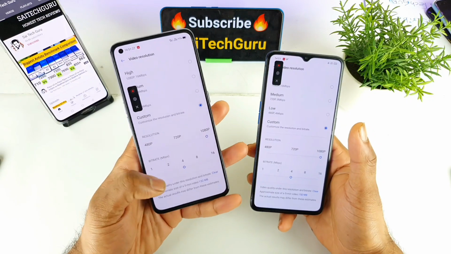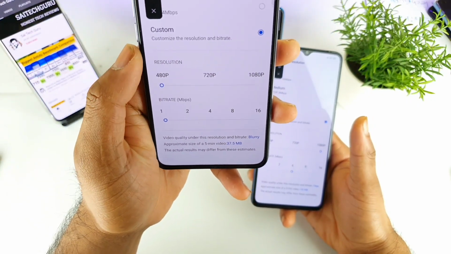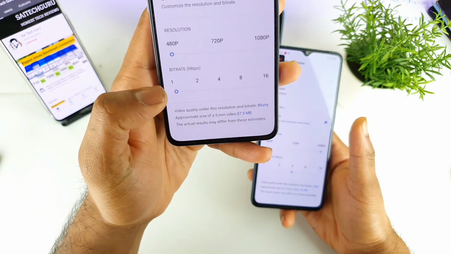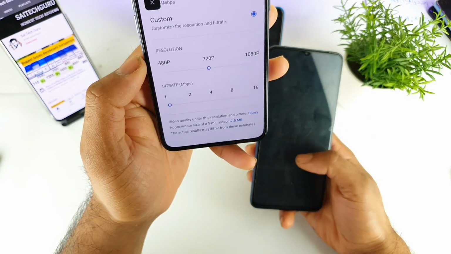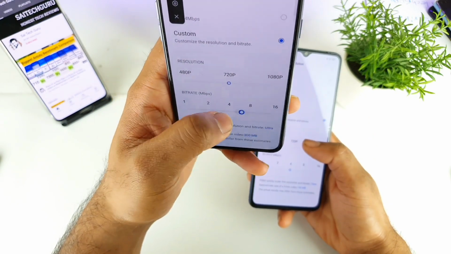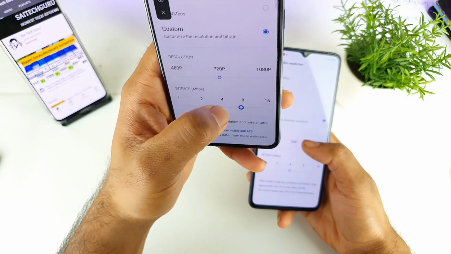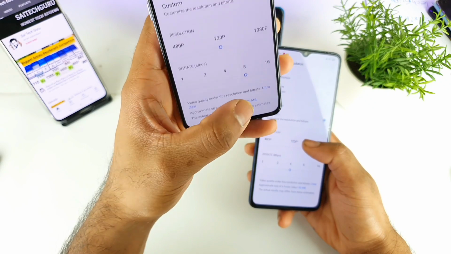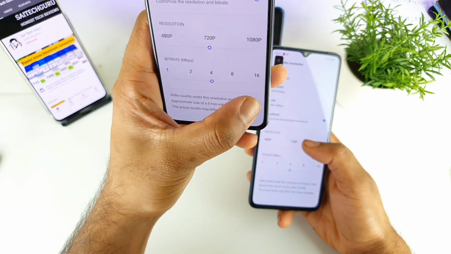One thing is that if you decrease the resolution, as you can see, friends, the size is not decreasing. That is pretty weird. Right now I selected 720 resolution, and the size is only changing when the bitrate is changing, as you can see, friends. It also says that the video quality under this resolution and bitrate is clear.